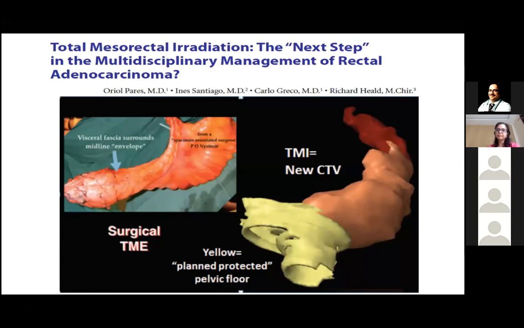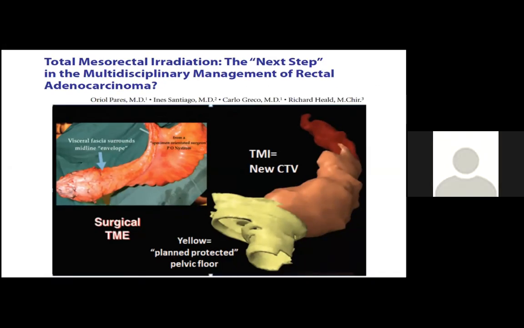So the new thing nowadays is that, because for early disease, we all understand that it is only the mesorectal area which is at risk, for very early cases, they are avoiding even treating the internal iliac. That is why I had put that in red. So they are just trying to treat only the mesorectal area, which they are calling TMI, that is total mesorectal irradiation. And that's a new thing which is still in progress, not a standard of care as of now. But yes, this is what the future is looking forward to.